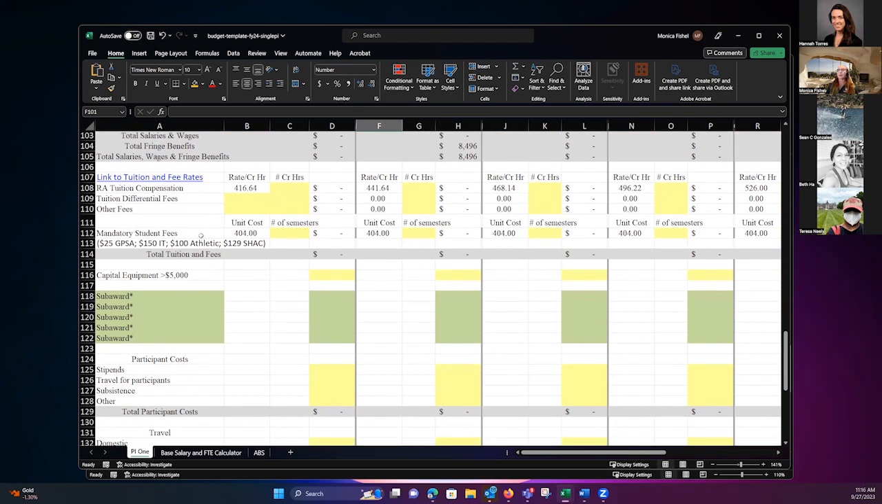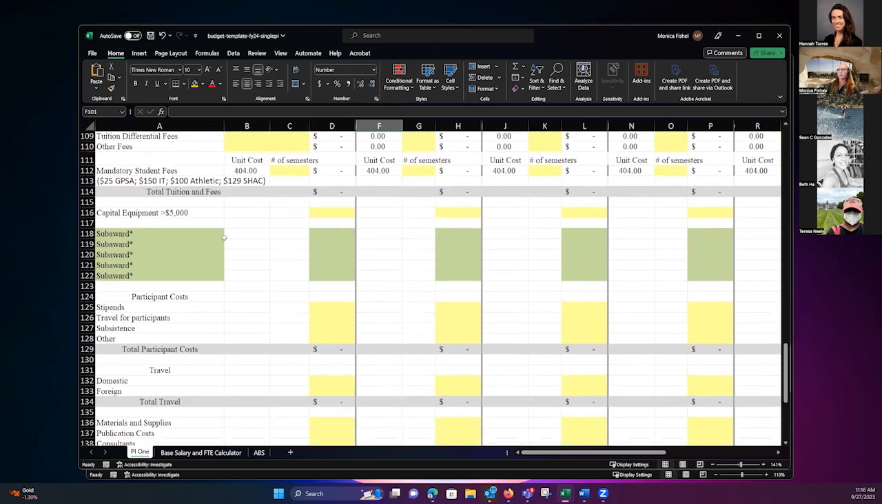And then we've got the mandatory fees here as well. And so this is for number of semesters. That's how you enter that part. And then capital equipment, which is excluded when you're using modified total direct costs. And overhead is charged only on the first 25K of the subawards, which you would enter here,